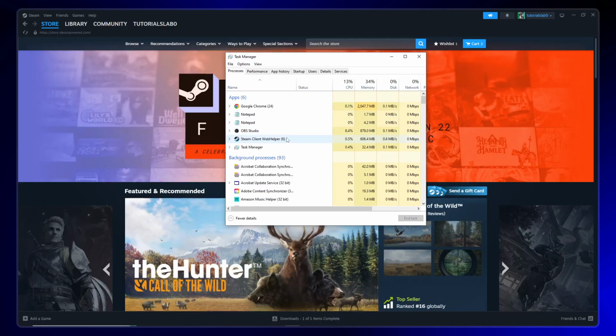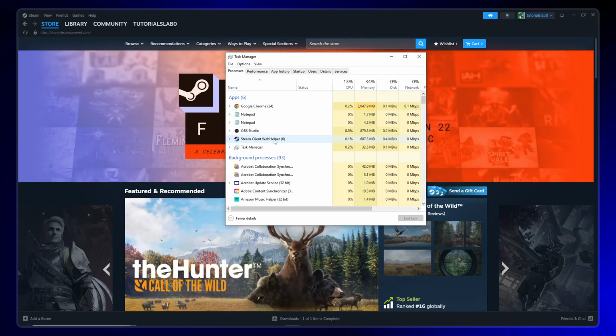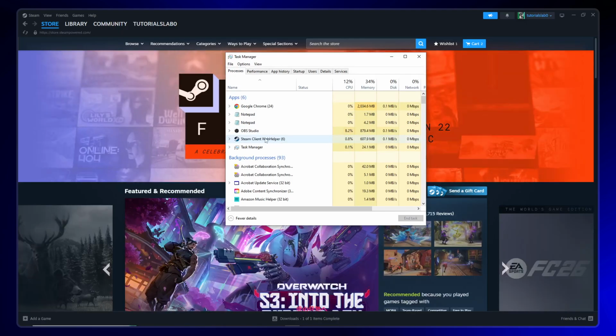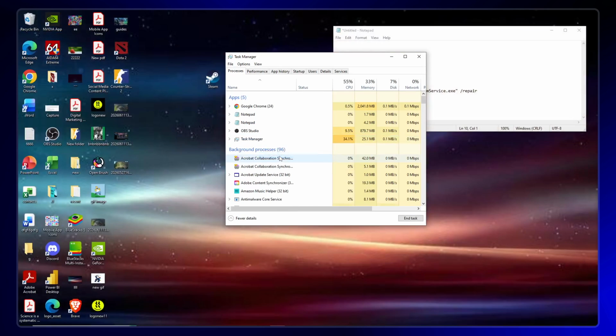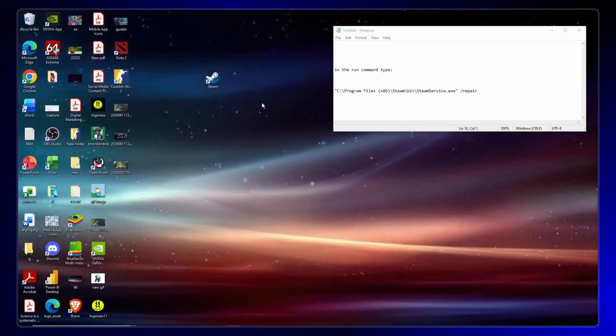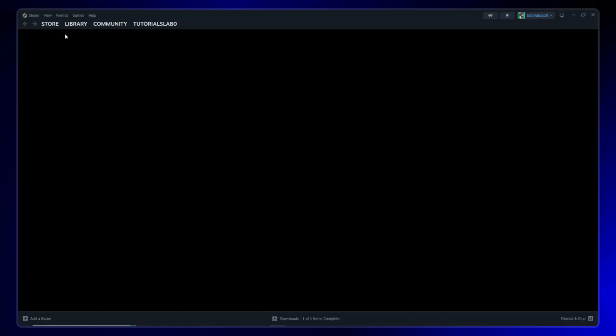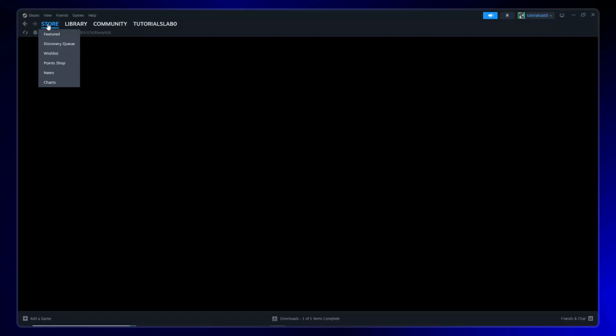Now, look through the list of active processes until you find Steam. Once you locate it, right-click on Steam and select End Task from the menu that appears. This will completely close Steam and any related processes that might be causing the error. The application will automatically restart in a moment, but before we do that, we need to locate where Steam is